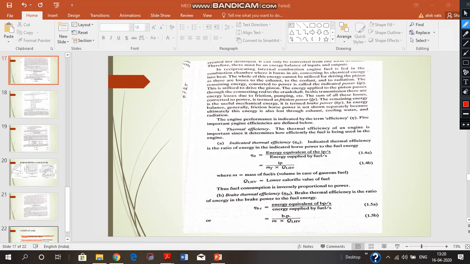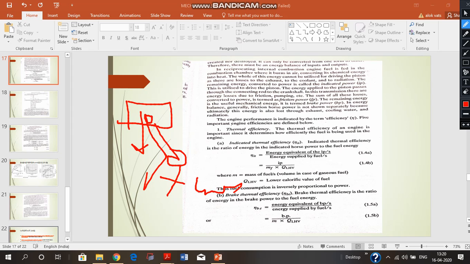Brake power. So this is the engine, and the indicated power drives the piston downwards, and the piston is connected to the connecting rod by means of a gudgeon pin, and thereby this is the crank, and the crankshaft is located in a plane perpendicular to the plane of the paper, like this, perpendicular to it. So when the crankshaft rotates, at one end of the crankshaft, other devices like the transmission system,